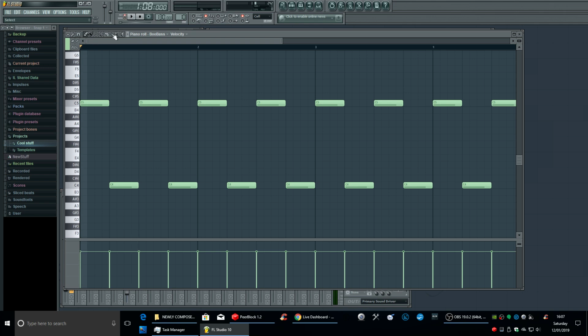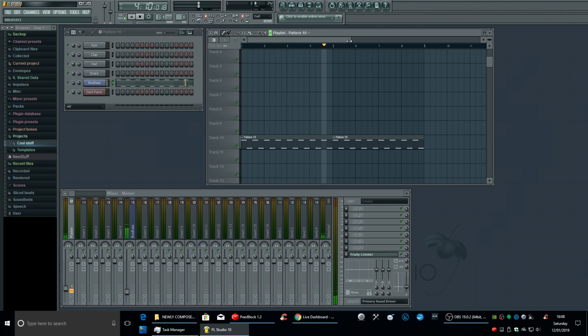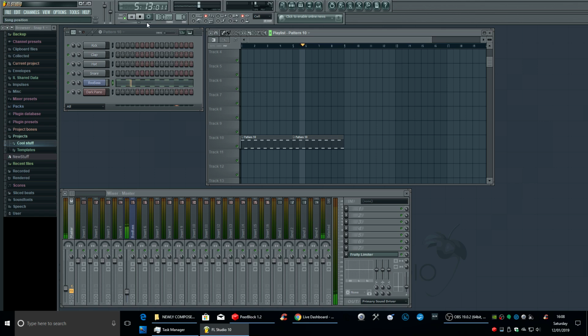Notice it comes back when we put it in the pattern. So when we click it on the song, it appears here. So this is where that bar is. So obviously it's going to play the bar, right? And we just add patterns to it. And then we want to go back to one. When it gets to the end, it will go back to the beginning.